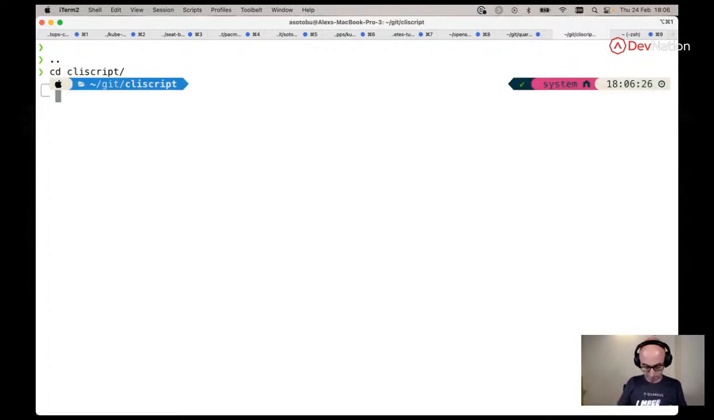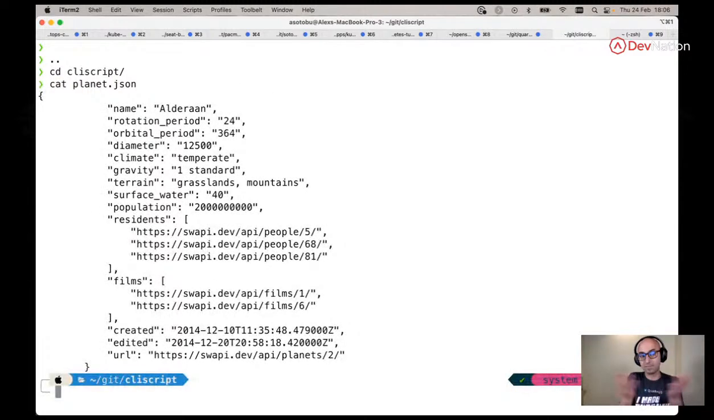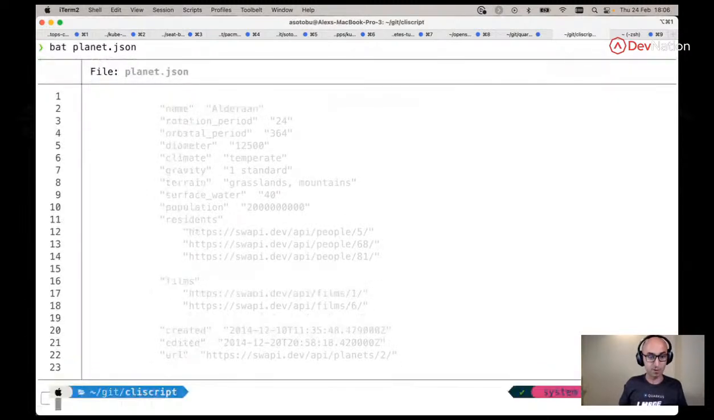This is another example. I can do a cat of planets, and you see that it's just a cat. It's just showing the content of the JSON file. But what's happening if I do a bat of planets.json? Okay, you see that it's a bit better. But the colors are not pretty because